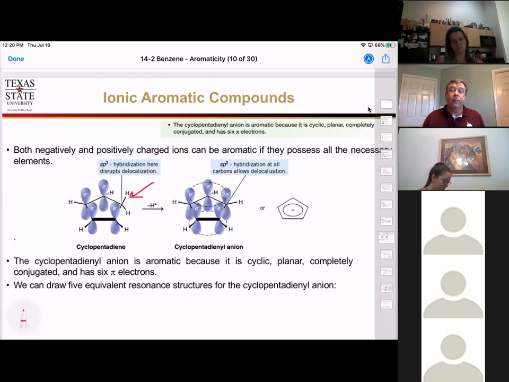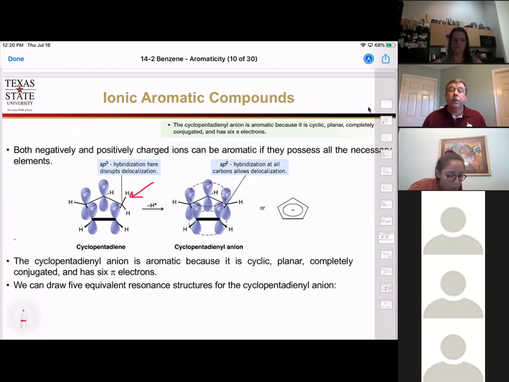So now you have a p orbital, and now you have to count the electrons. And in this case, we have 2 in the p orbital that was sp3 hybridized, and then 1 in each of the p orbitals that had the double bonds in them, for a total of 6, okay? So we have met all of our requirements. Therefore, even though we have a 5-membered ring, you would think, okay, if we only had 1 electron in each of those orbitals, we'd only have 5 electrons. But we have 2 electrons in one of them, which gives us our total of 6 electrons, 3 pairs,